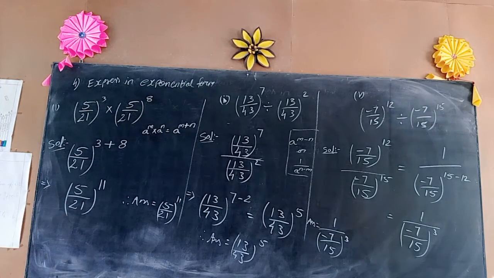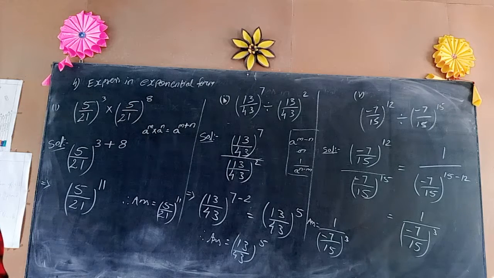So with this, today's class is completed. Repeat each and every formula once. Read out those formulas, apply those formulas and do them once. Particularly, when we have to apply the formula, we have to check whether bases are same or not. If bases are not same, we should not apply that formula. Then what do we have to do? If bases are not same, we should not apply that formula. We have to expand it, multiply, and do that sum. If bases are not same.